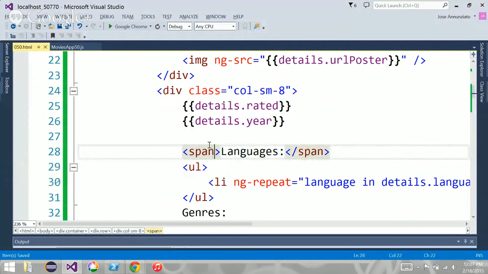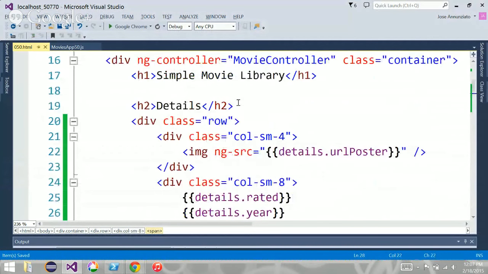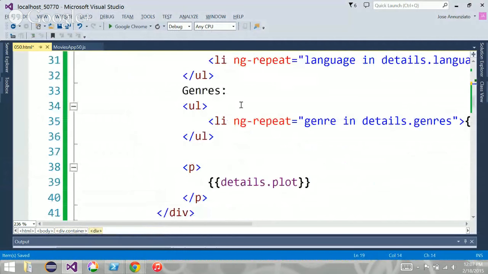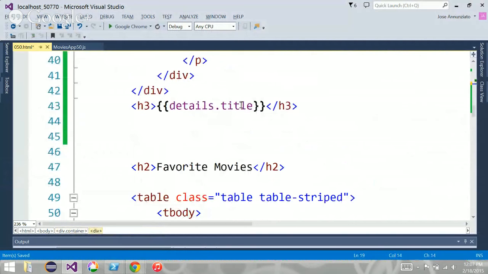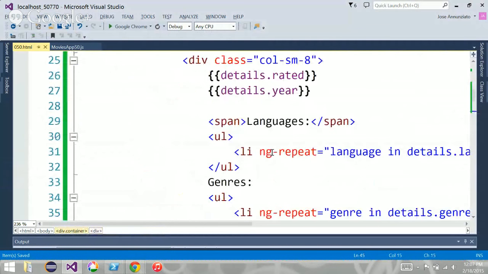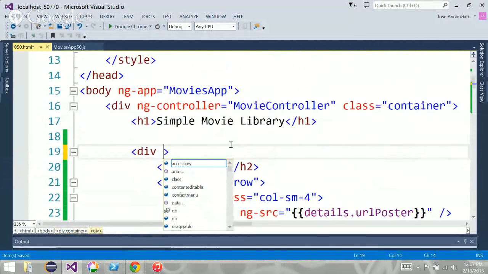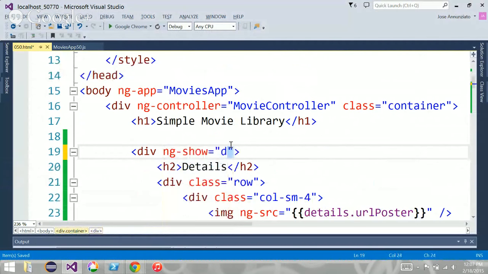And we could say the whole thing, the whole details, perhaps we can put it inside of a div, right? And say, well, we're not even going to show the details unless there's a details object, right? At first it's null, so we could say ng-show, only show it if it's details.